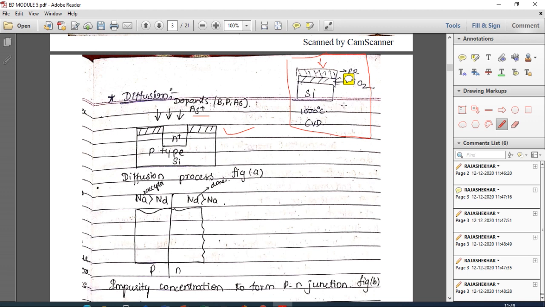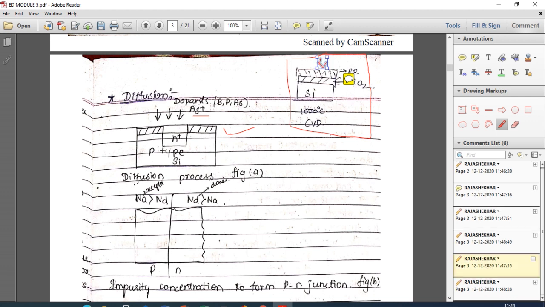photolithography. Photolithography is nothing but it includes photoresistive material and exposing it to light. We call it photolithography. So by doing that thermal oxidation and photolithography, now we have diffused the dopants into the N plus region. This is what we call diffusion. This is done after the thermal oxidation.